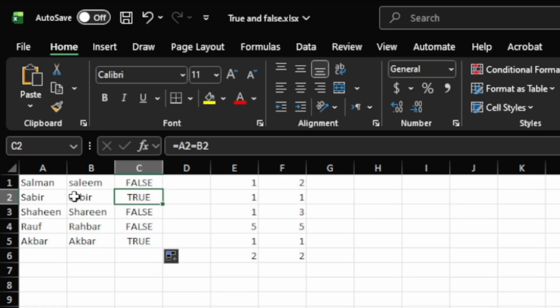You see here Sabir and Sabir, so the two entries in the two columns are matching, therefore it gives TRUE. And where they are unmatched, Shaheen and Shireen, so it gives FALSE, and the same for the rest of the entries. And this is not only limited to the text entries, the same can be used for numbers